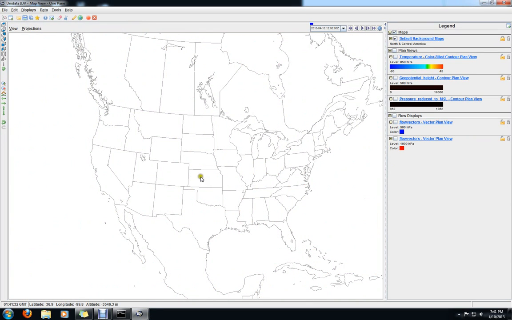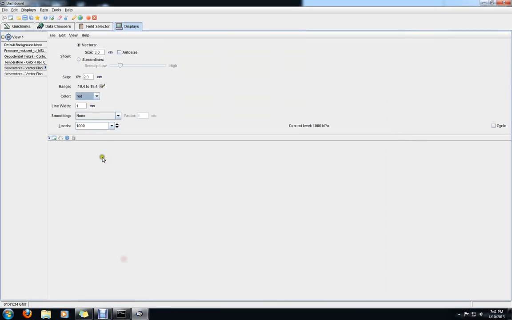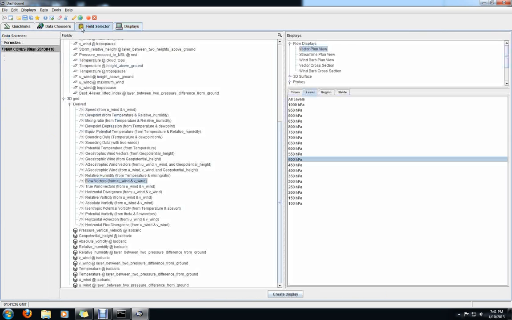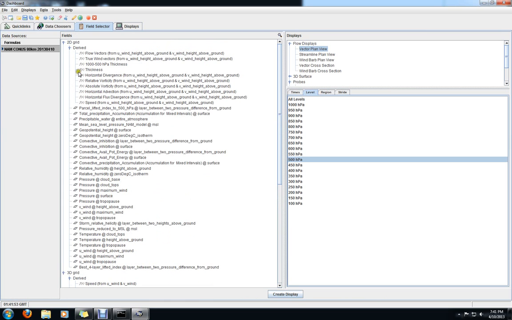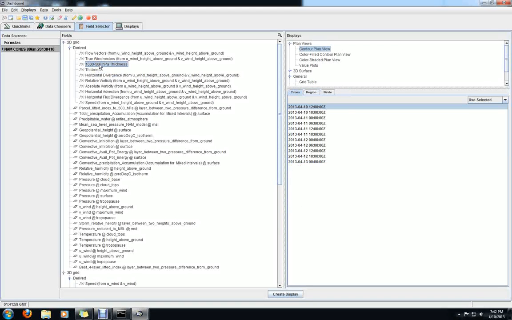Next part is we're going to plot thickness. And if this is going a little bit too fast for you, just pause, get as far as you need to, and then continue. Alright, so thickness. There are 2 different thicknesses that are used. So we're going to go under the 2D grid, under derived. If you notice, we have thickness, or 1,000 to 500 hectopascal thickness. That's the one we want,